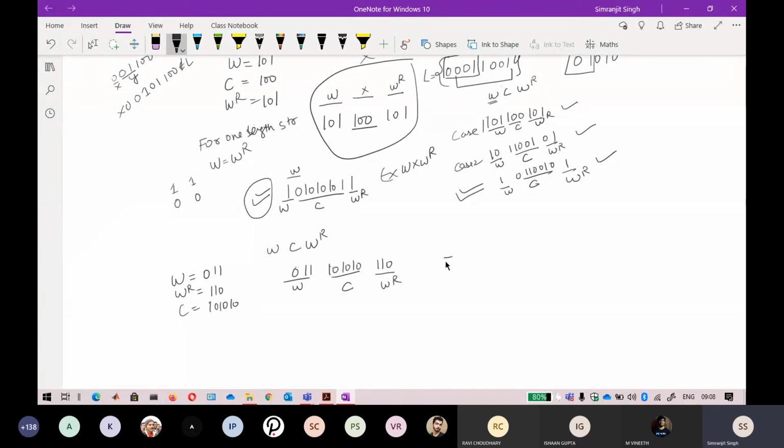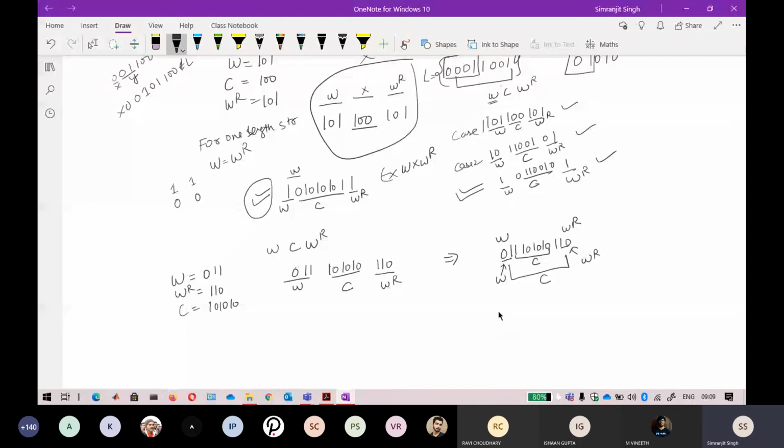Again, if I directly give you the string 1 0 1 0 1 0 and 1 1 0, you will not be able to identify which particular part is your W. If this is W, and this is 0 1, the reversal of this is again available here. So you can say that this particular thing belongs to C. For another part, this is your W and this is again a WR, and all the strings in between belong to C. If you consider the first one as W and the last one as WR, it will always be feasible in all the scenarios.